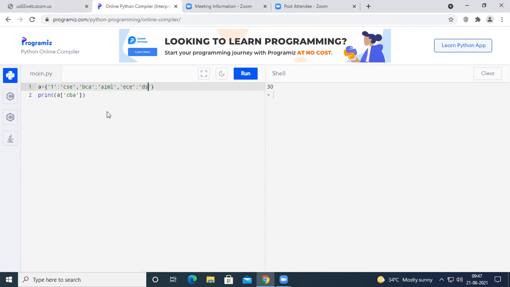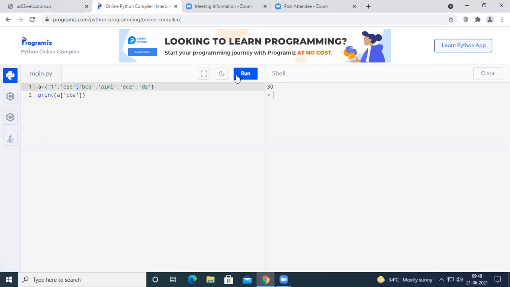As we discussed earlier, key and value will be separated by a colon. What is on the LHS side of the colon is a key, and on the RHS side it is a value. Each key value pair will be separated by a comma. Here one, BCA and ECE are the keys, whereas CSC, AIML, and DS are the values.